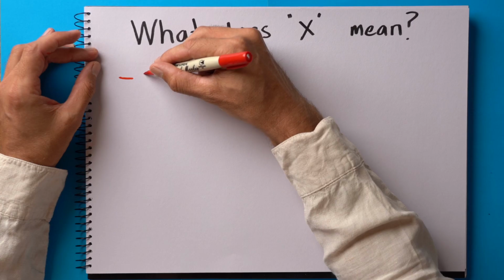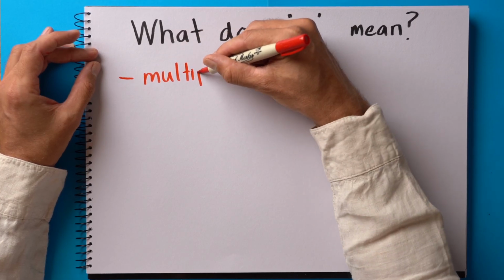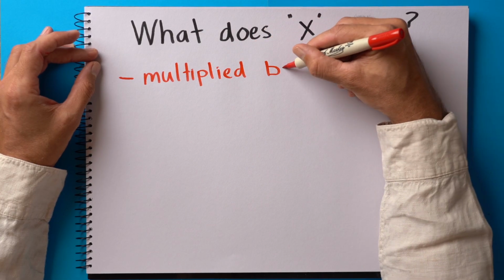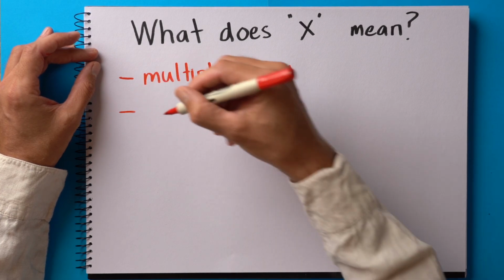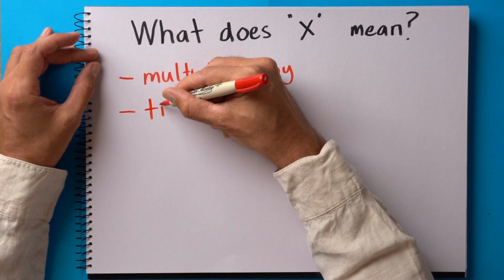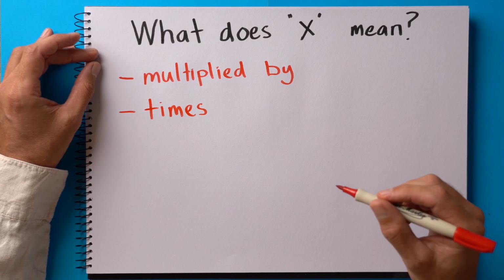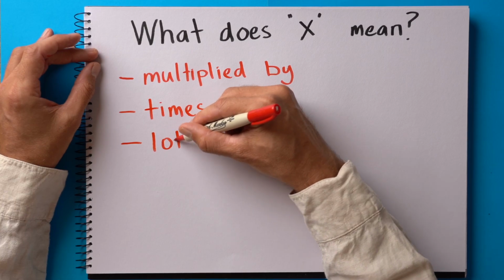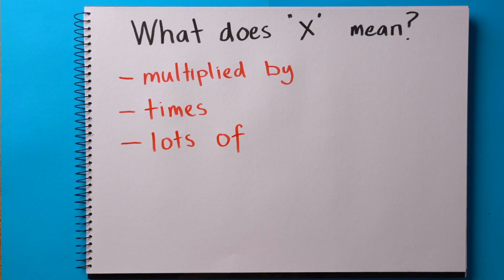Sometimes we think of it as multiplied by. Sometimes we think of it as times. Sometimes people talk about it as lots of. The most helpful way to think about it at this stage is